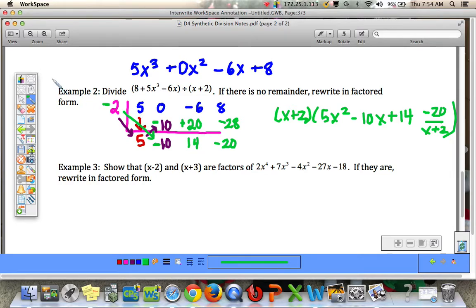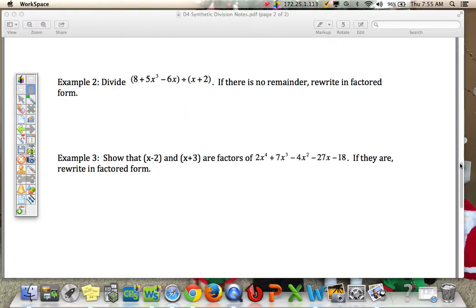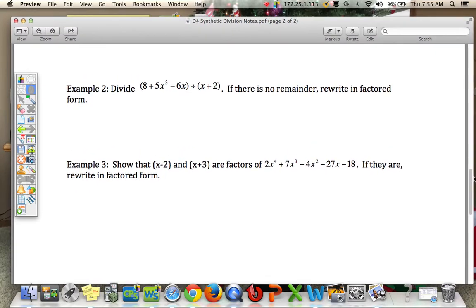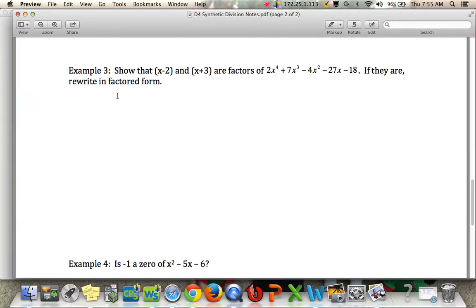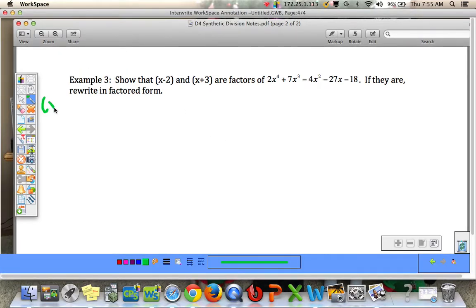All right, let's do a few that maybe are factors. So example 3: show that x minus 2 and x plus 3 are factors of this polynomial. If they are, rewrite in factored form. So we're going to break this into 2 problems. Let's do x minus 2 first. So if it's x minus 2, remember the 0 should be what makes this 0, so it should be a